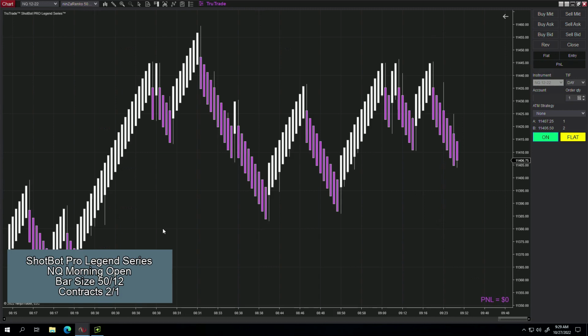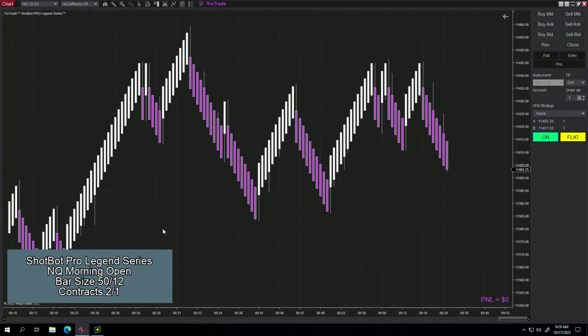Futures are up pretty big on the S&P and the Dow, down slightly on the NQ because of the tech earnings, but we'll look to take advantage of the momentum at the open with the ShopBot Pro. So I have it turned on, and we're going to let it look for its first trade at the open. I am using the 50-12 bar size today with a contract size of 3. I do have DRAM configured,